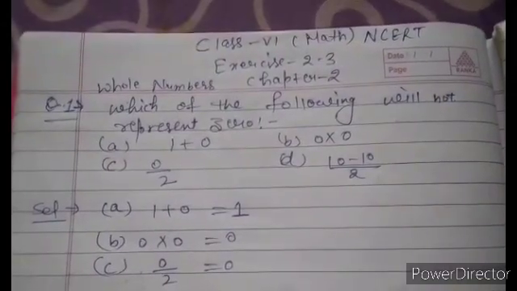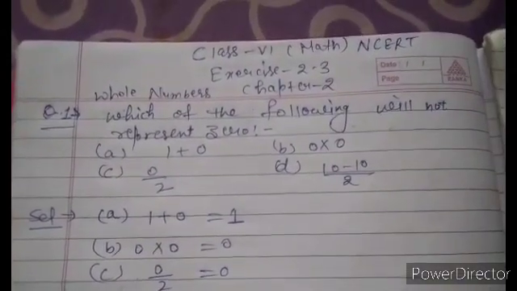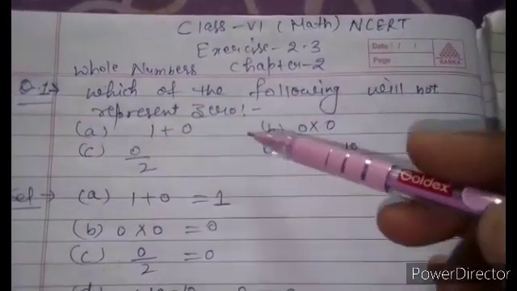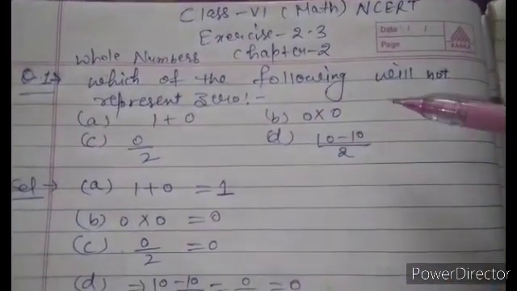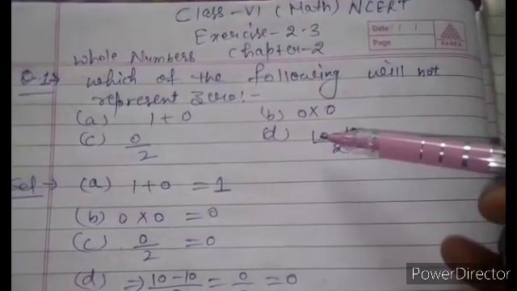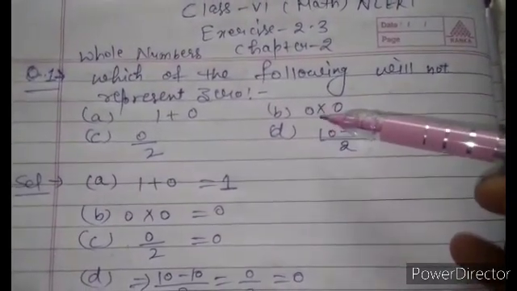Class 6th NCERT Mathematics, Chapter 2nd, Exercise 2.3. Chapter name is whole numbers. Question number 1. Which of the following will not represent 0? Here 4 options are given. We have to prove which of the options is not